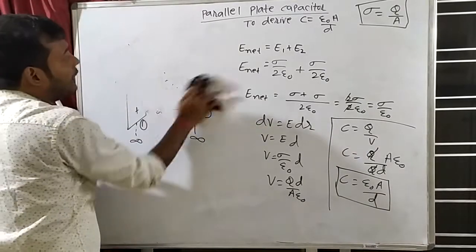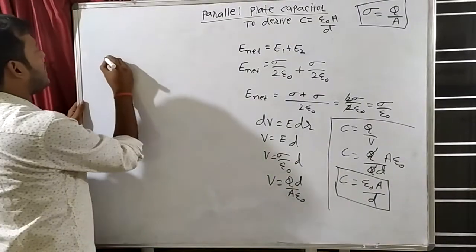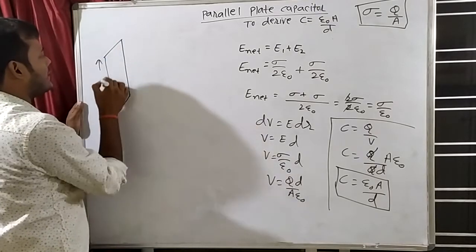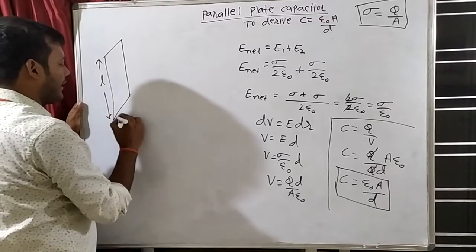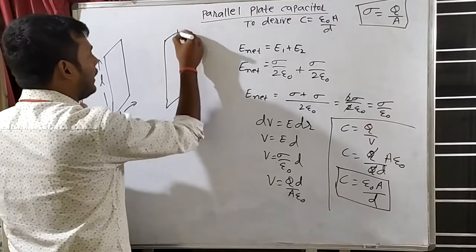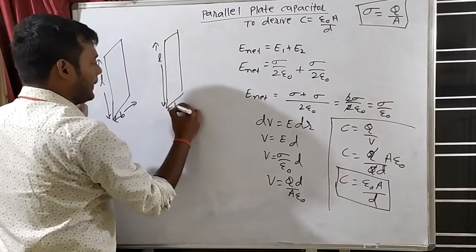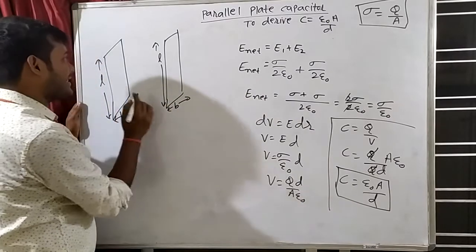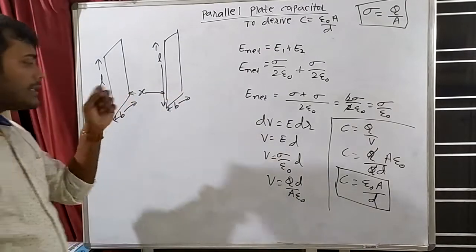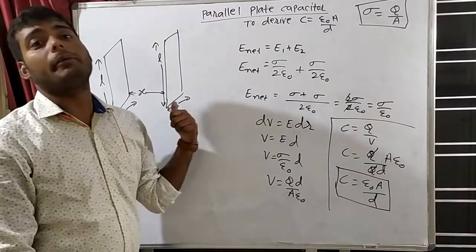Now, I will ask you some questions on this. Suppose that this is a capacitor and this capacitor is a rectangular capacitor, like say its length is L and its width is B. This is also a rectangle. Its length is also L and its width is B. Let's suppose the distance between the plates is, let's say, X. It's not always necessary that they will give you a small d. The small d is a standard one, but they can give you anything.